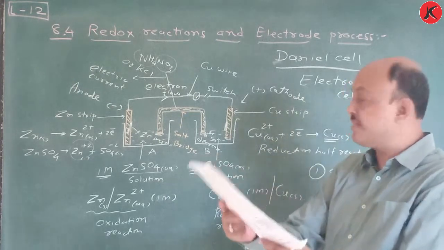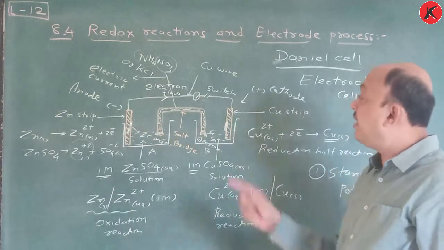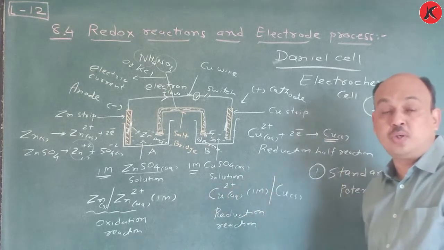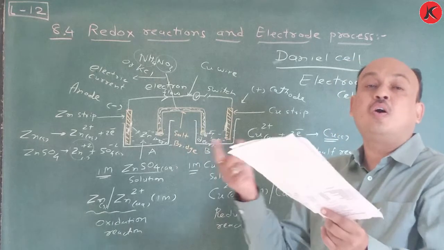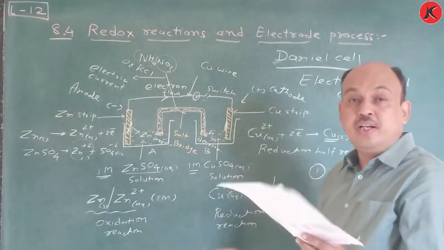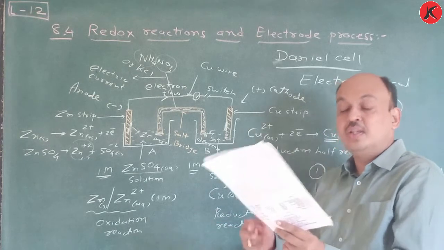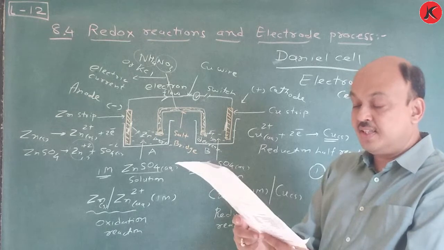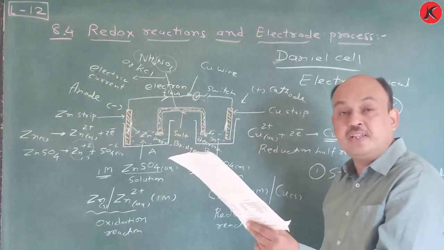So according to this, we can say that if we join the standard hydrogen electrode with another half cell, which acts as anode or cathode, it depends on the tendency to accept or gain electrons. And according to that, we can say that it works as anode or cathode. That you have to learn later on. Don't bother about this. So here, underline this: the hydrogen electrode is 0.0 volt.